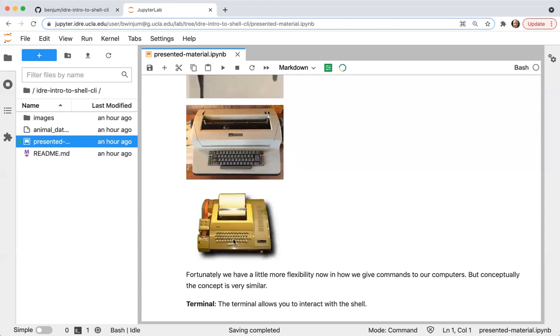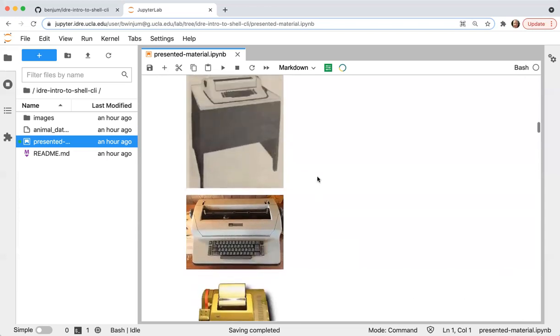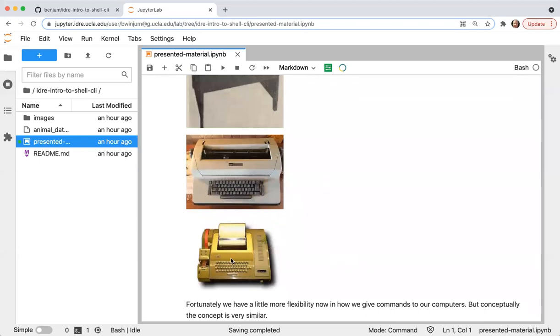So these are just kind of amusing. I think two of these are IBM, and I forget what the other one is, but these are examples of old terminals that you could type on, and that would then issue the commands to the operating system and to the computer.